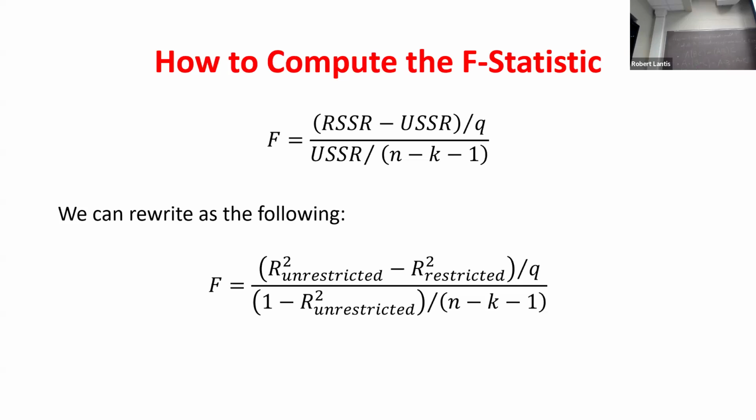So it's going to be essentially like, what was the change in the r squared we saw from adding in these variables into our regression? We're then going to scale that or divide that by the number of variables that we included, right? And then down here, we're going to have 1 minus the r squared from the unrestricted model. So this is kind of like essentially the proportion of variation we couldn't explain with our unrestricted model. And then scale that or divide that by n minus k minus 1. So we're still like penalizing ourselves, and we're adding in additional variables on that right-hand side k, because our F statistic